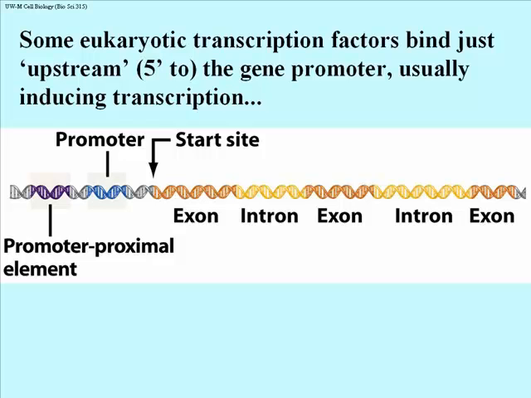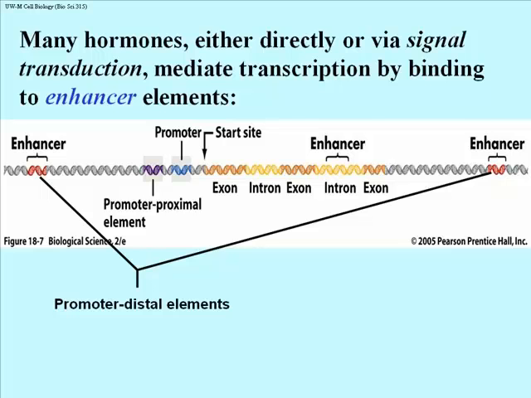the promoter. And then just upstream, and this could be 20, 30, 40, 50 nucleotide pairs upstream, we say to the left of the gene, would be a promoter proximal DNA sequence, a promoter proximal regulatory element, meaning this is capable of binding some transcription factor that's going to facilitate turning this gene on. Let's zoom out a little bit and look at the same piece of DNA, but this time let's look at promoter distal elements as well.